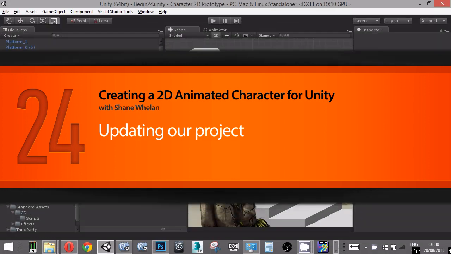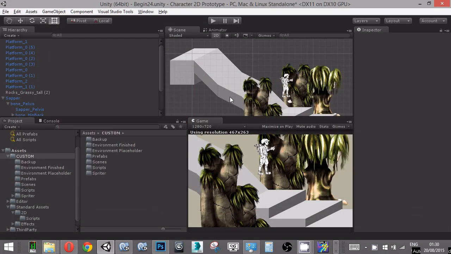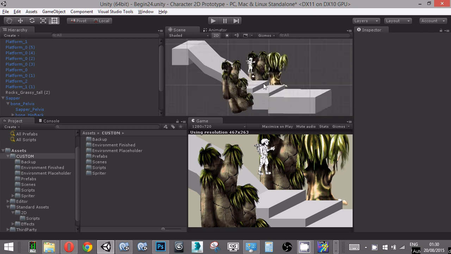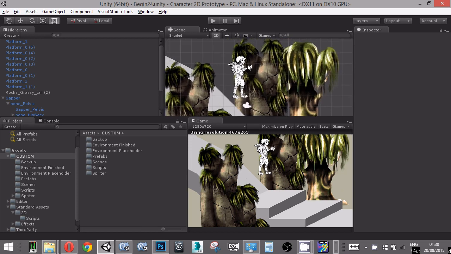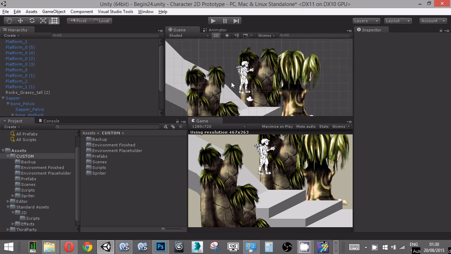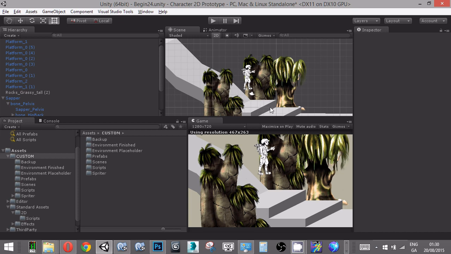Hi, so we're back here in Unity, and I just want to talk in this final lesson about making changes. What we've got so far is some environment placeholders, these gray boxes that we brought in that we could walk along. We've got a character with some black and white graphics that we created in the beginning, and we spent most of our time working on the import pipeline, getting from Photoshop to an animation program to Unity. But in the process, we talked about things like Z order and layer sprites